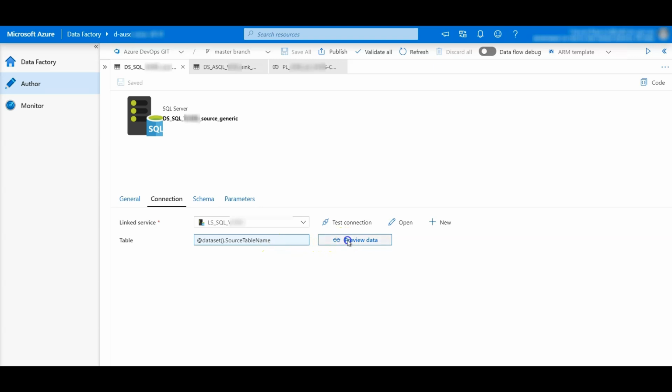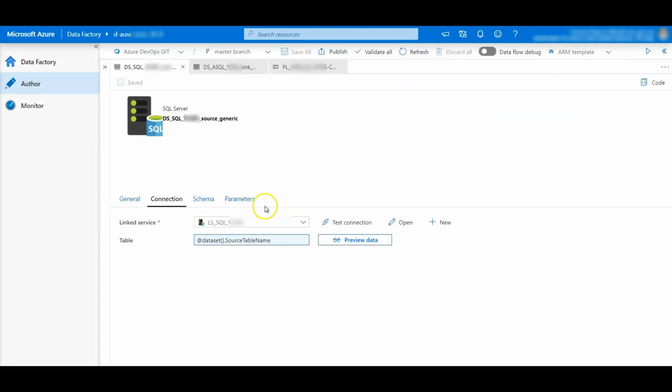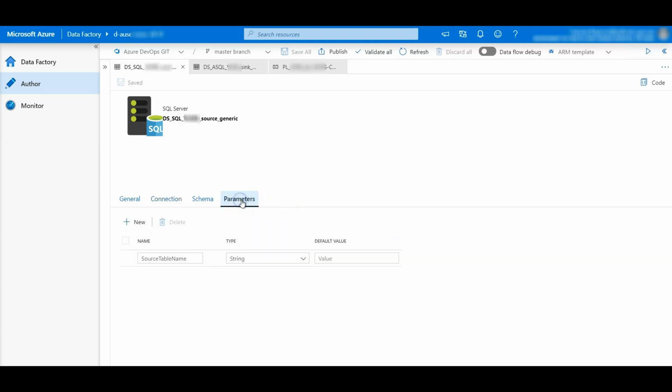Here if I click on preview data, it's asking for a parameter value for source table name. Now if I go to the parameters tab, you will see I have defined source table name as a string type. So whenever this data set is called, it will ask for this source table name. Hope this source generic data set concept is somewhat clear as of now.